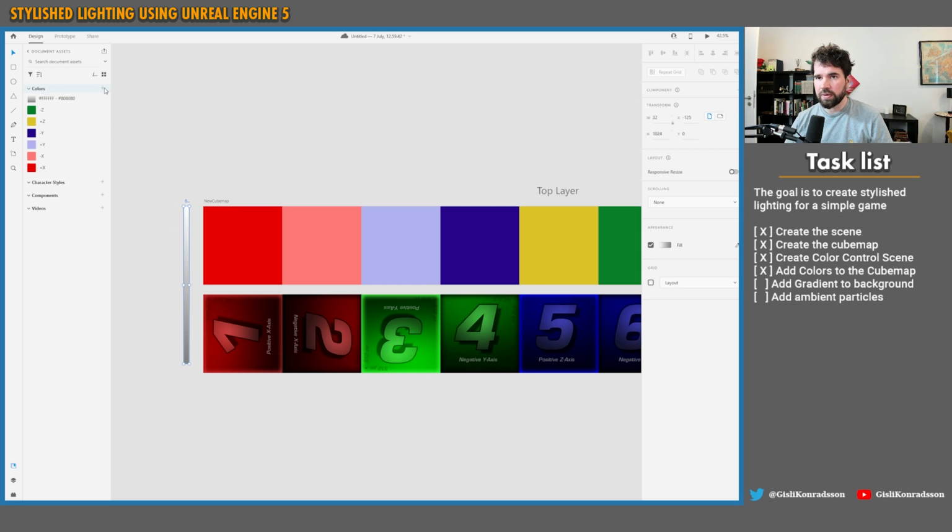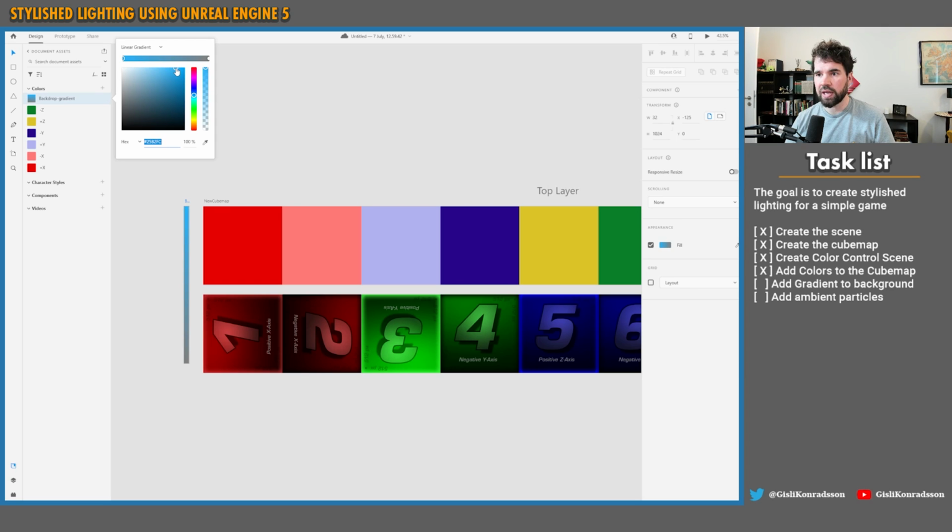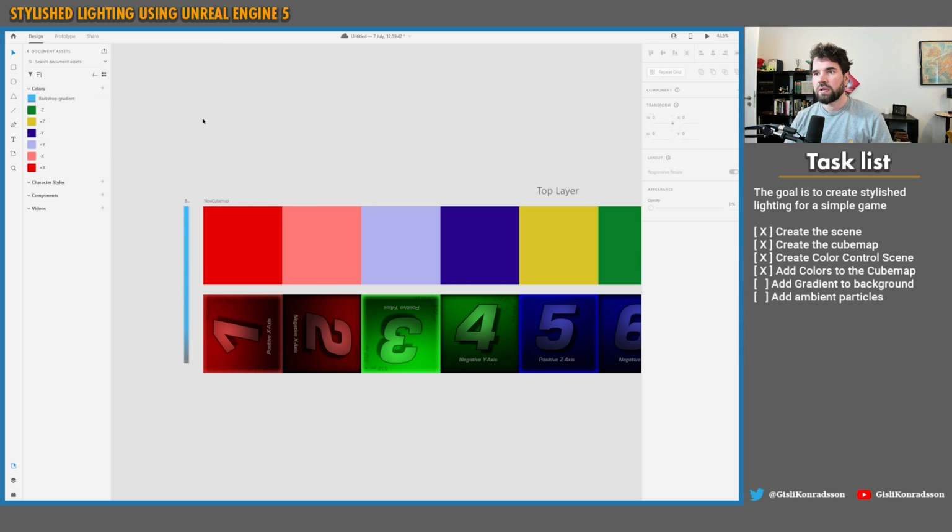I'll press the plus button here, and then I get my gradient in here. I'm going to rename this to backdrop gradient. Okay, we're going to mark this for export, and we are going to change the color of this gradient into something bluish. Start with a light blue color, and we end up with, let's see,